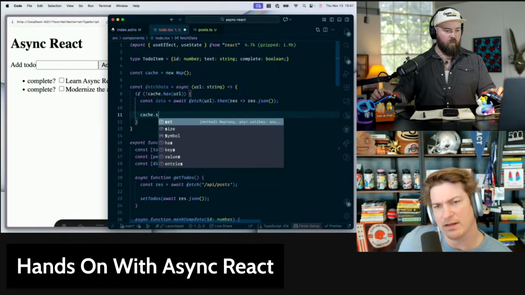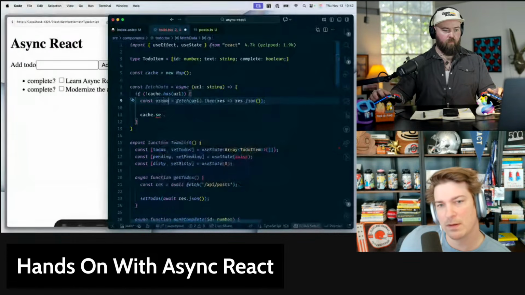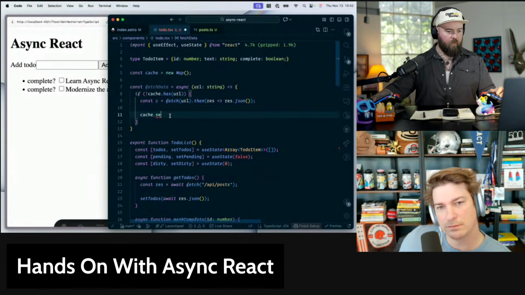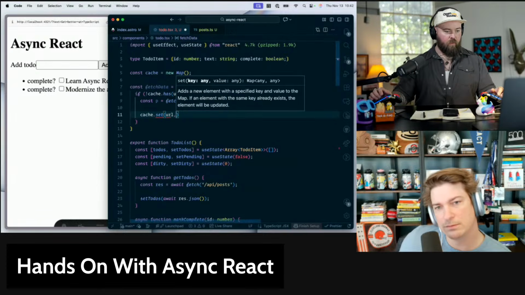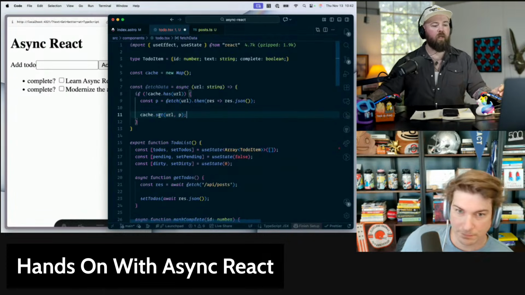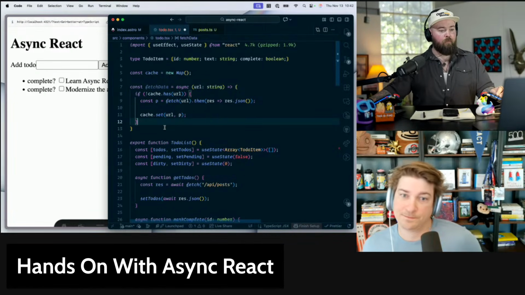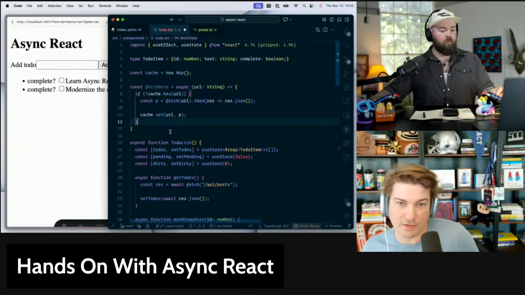That won't be the data. That will be the promise. You don't want to await the fetch here. Oh, we don't want to. Okay, got it. Sorry. I'm just going to call it p. cache.set, and then we're doing URL and p. Yep. So we want it to be a promise in the cache. Got it. And then return cache.get URL.